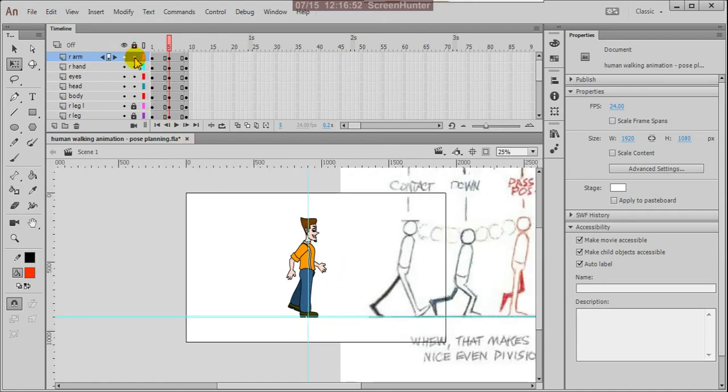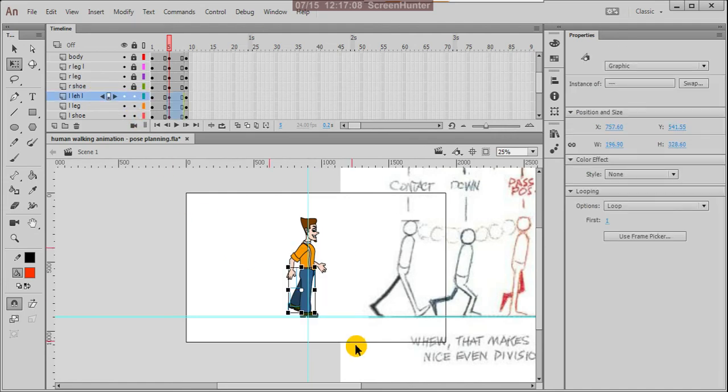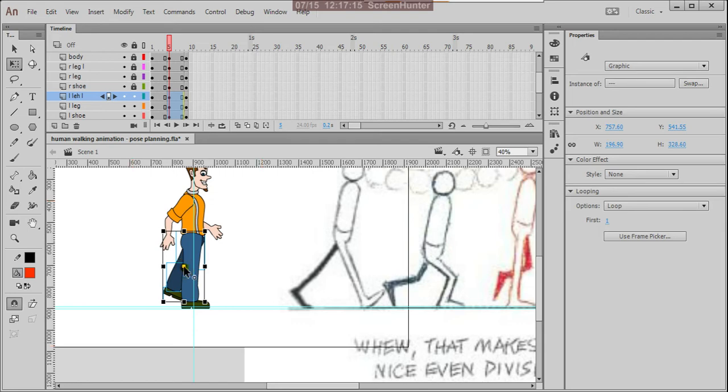Now you can lock all these things. Can lock all and open only L leg. Okay, and see the position. You can place this registration point and move here.